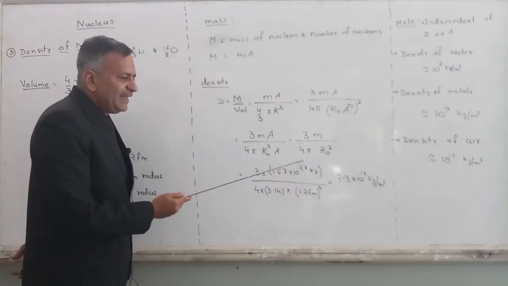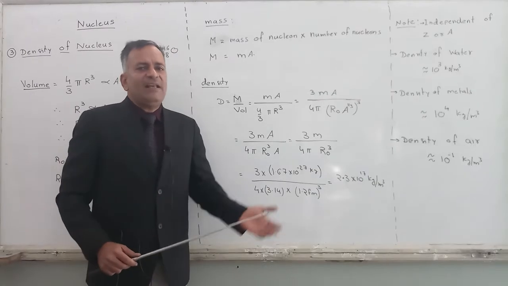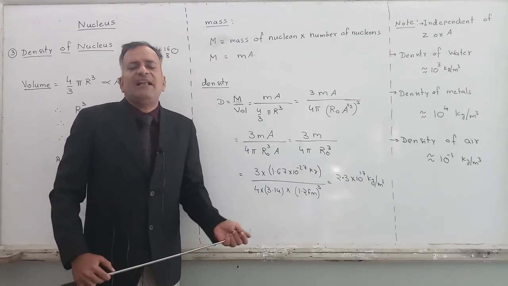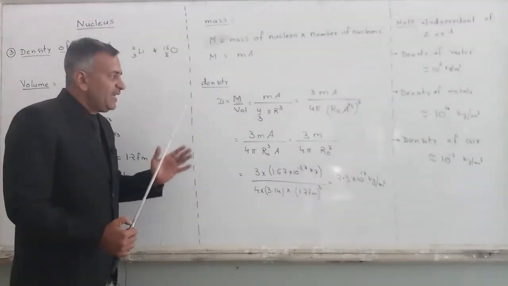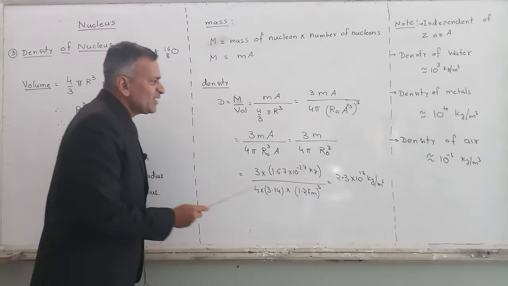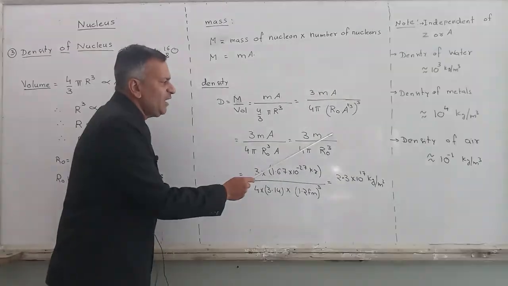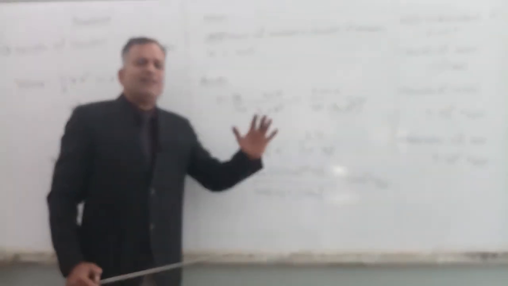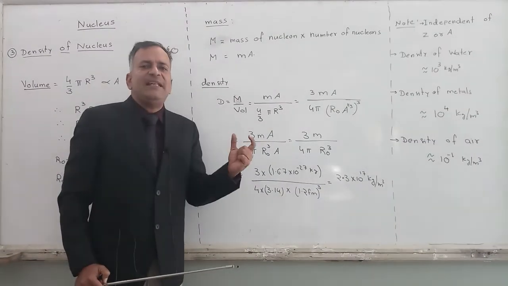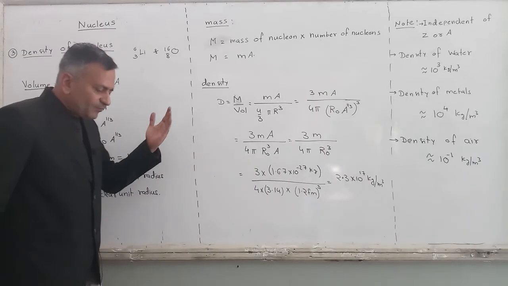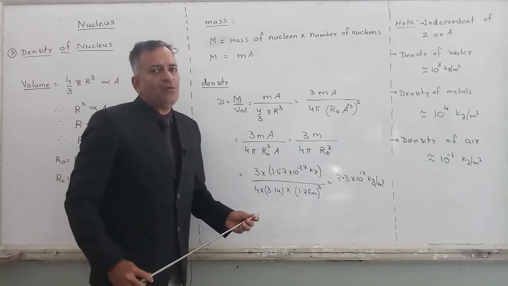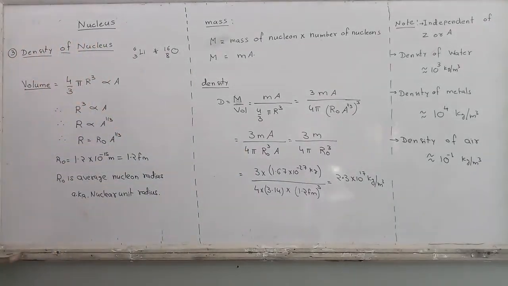What do you mean by this thing? The density of nucleus is constant. अरे भाई न्यूक्लियस है, डेंसिटी तो कांस्टेंट ही रहेगी, उसमें कौन सी नई चीज डाल रहे हैं, right? But this is not the conclusion that you derive. See, the conclusion is because the density does not depend on atomic number, it does not depend on mass number. That means all the nuclei of all the elements in the periodic table have the same density. Nucleus चाहे lithium का हो, चाहे oxygen का हो, चाहे uranium का हो, चाहे mercury का हो, all the nuclei have got the same constant density.